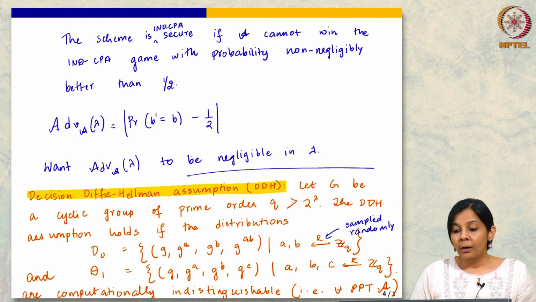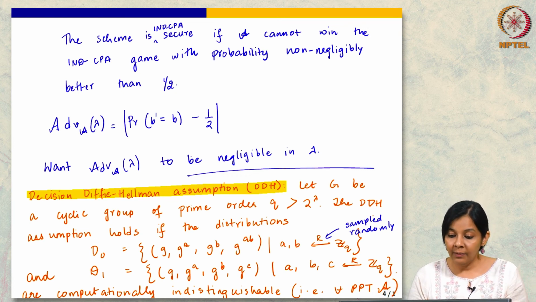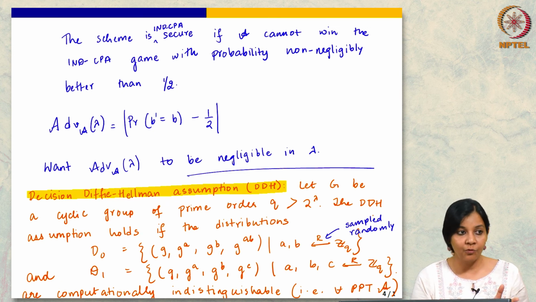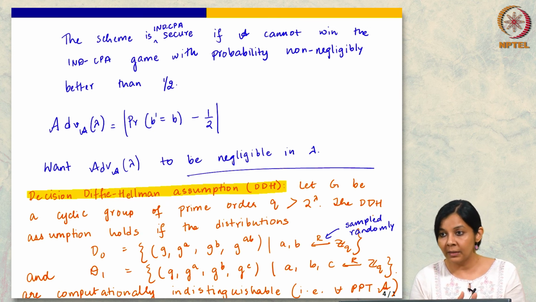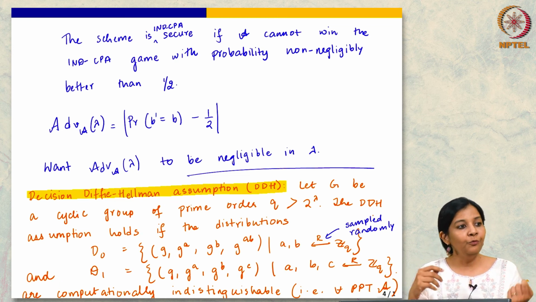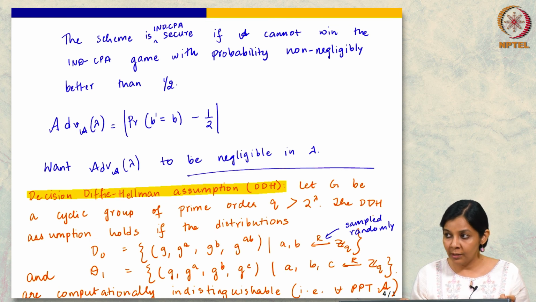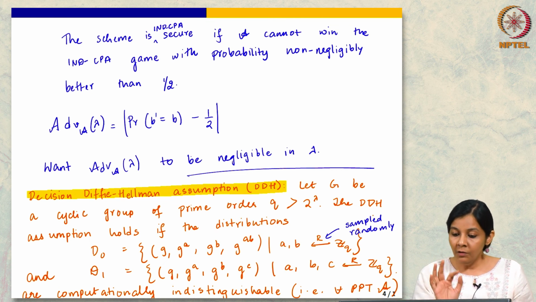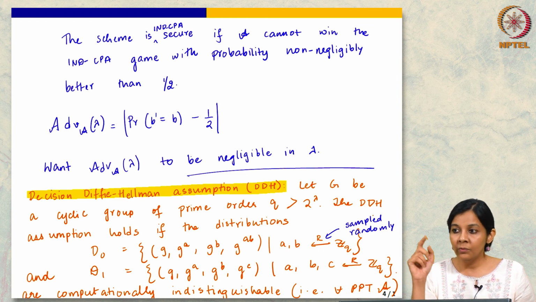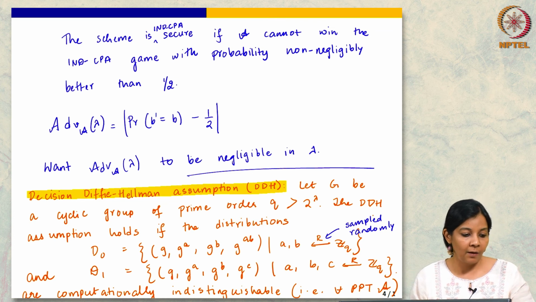Okay. So, the decision Diffie-Hellman assumption, which we said is in the family of the discrete log type assumptions, but stronger than discrete log in the sense that if you solve discrete log you can solve this, but the reverse may not hold. This assumption is saying that the following two distributions are computationally indistinguishable: I give you g to the a and g to the b, and as the last element I give you g to the ab, or I give you g to the c for random c. These are indistinguishable.